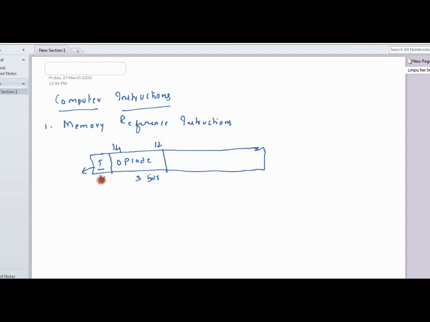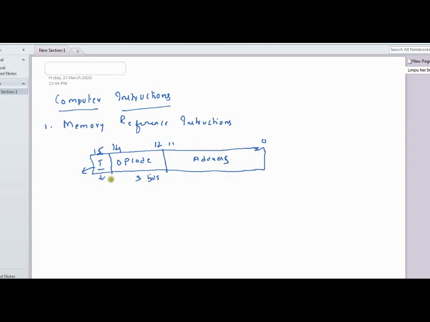This I bit specifies whether we are using the direct addressing mode or the indirect addressing mode. And the remaining bits from 0 to 11 represent the address of the operand.